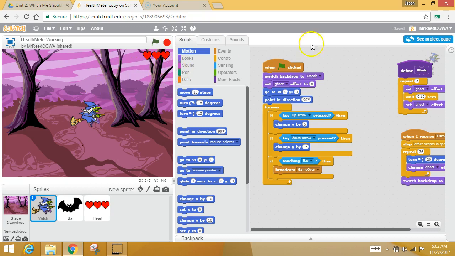So when you come in here, first thing you want to do is hit this remix button. That's going to be right here, so you can start remixing. Once you start remixing,